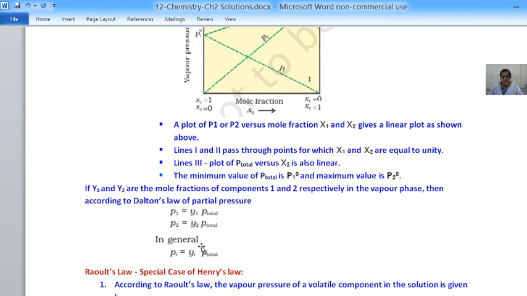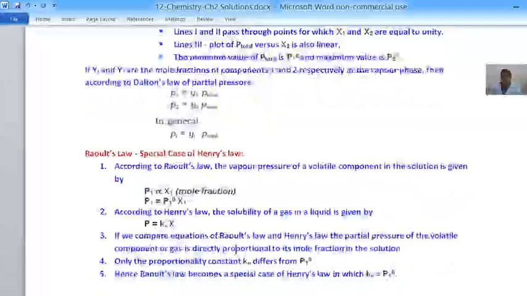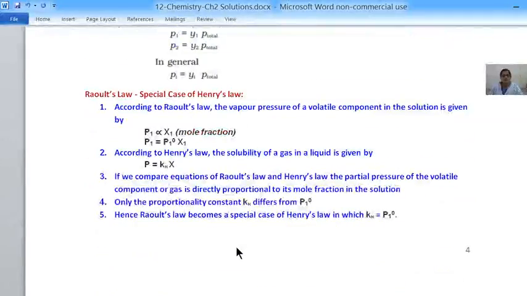So in general, we can write the relation like this: Pi is equal to Yi into P total. So this is another important relation. Next, we will see Raoult's law as a special case of Henry's law. Raoult's law is a very special case of Henry's law. According to Raoult's law, the vapor pressure of the volatile component in the solution is given by